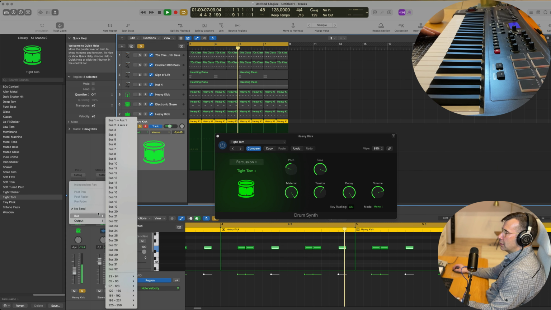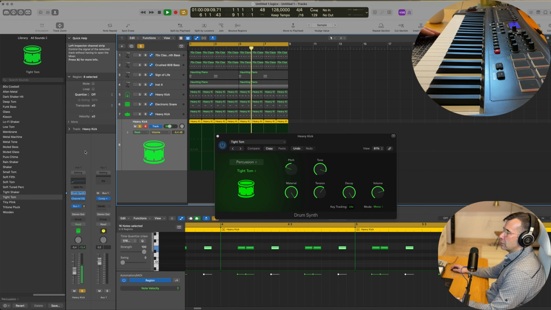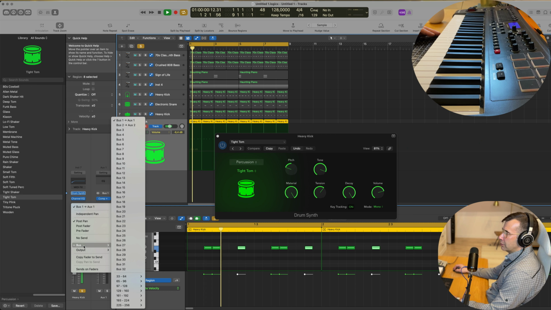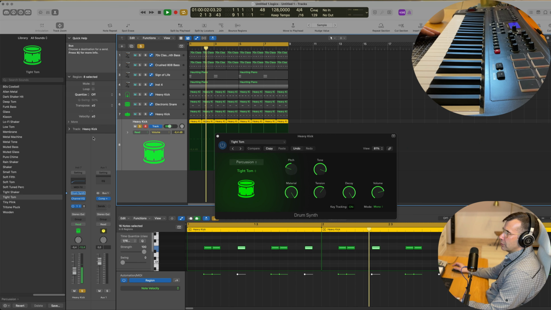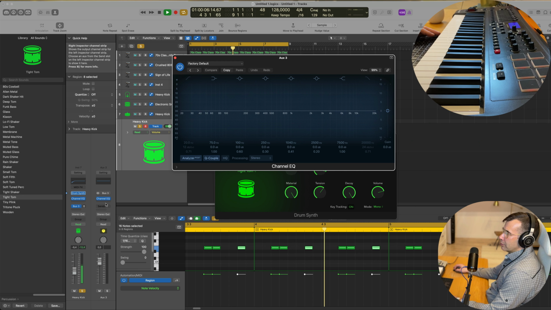Send it to delay, so we get a bit more magic. Oh, that's a comp. Oh yeah, this is our bus that we did earlier. So we don't have a delay bus, I think. It's going to create one, most basic